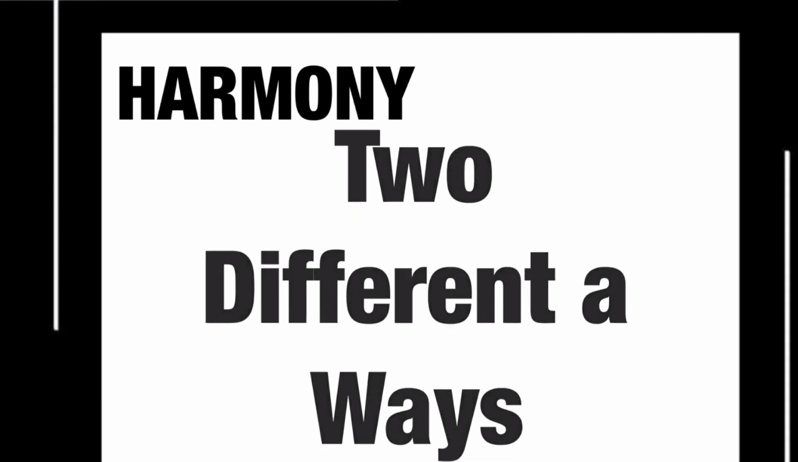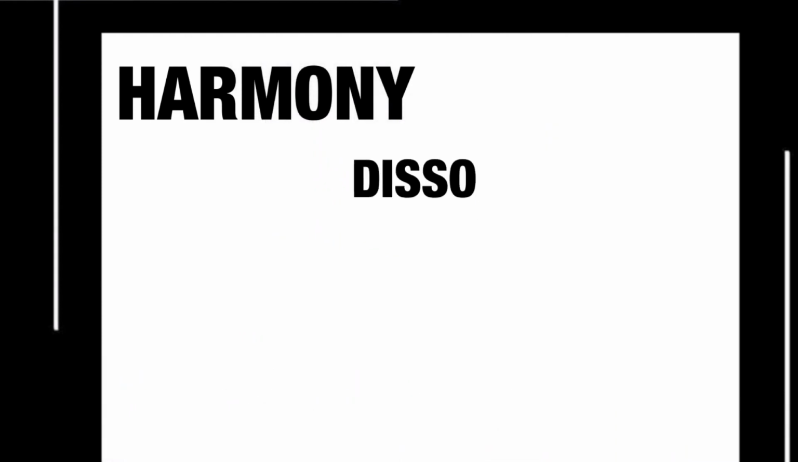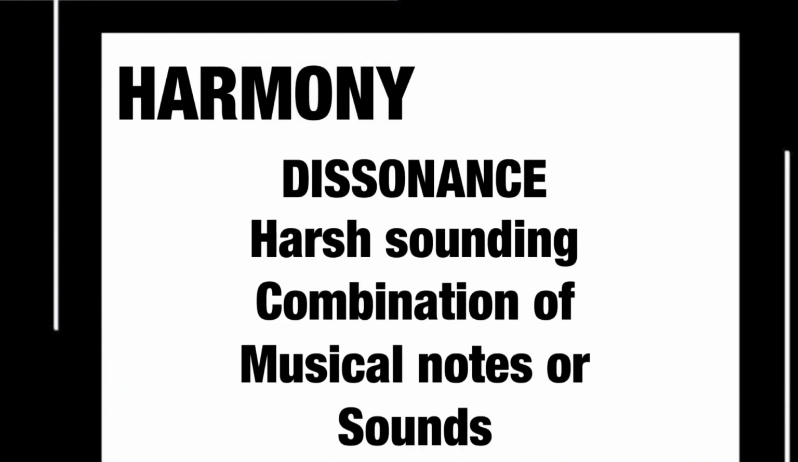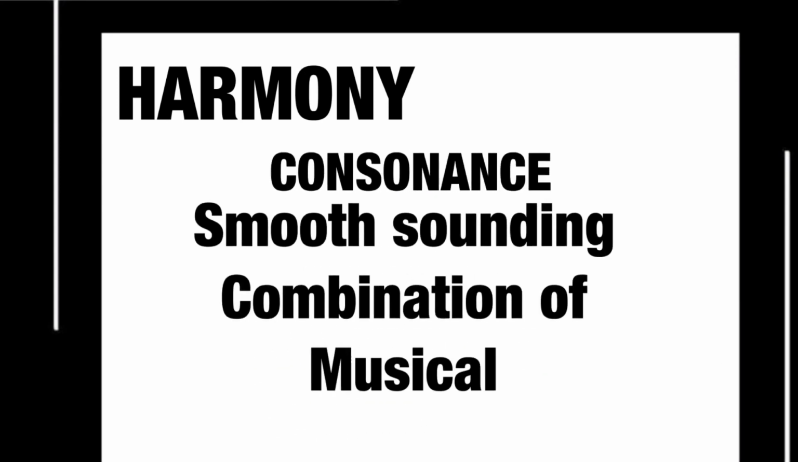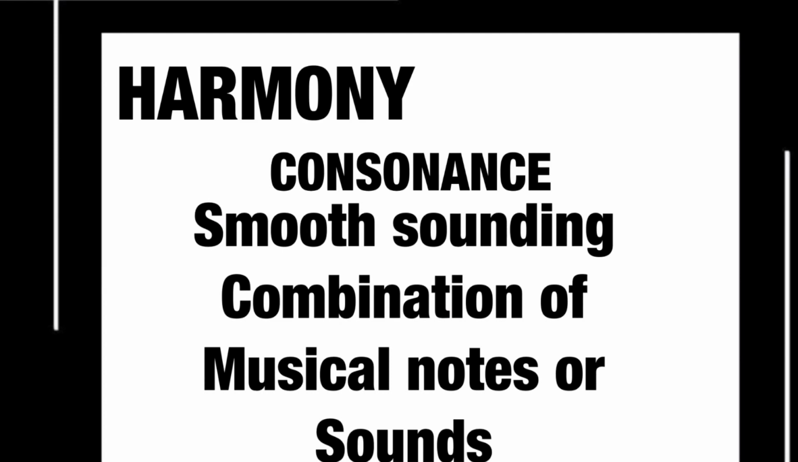Harmony can also be described in two different ways. The first one is what we call dissonance. Dissonance are harsh sounding combination of musical notes or sounds. For example, and the other one is consonance. These consonances are a smooth sounding combination of musical notes or sounds. For example,